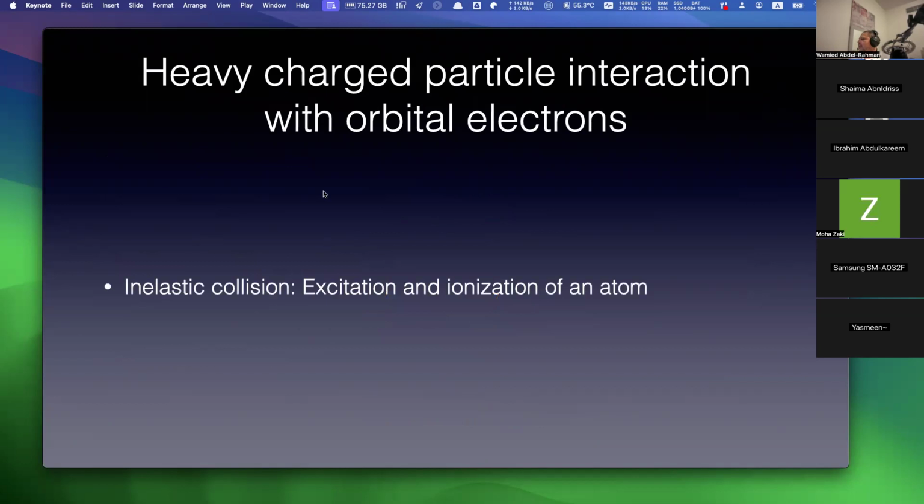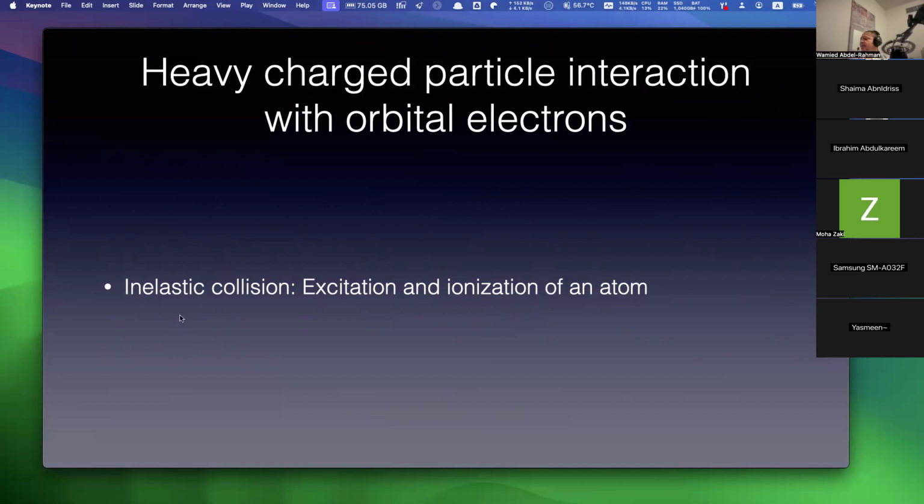Heavy charged particle interactions with orbital electrons. So remember we said that they interact with the nucleus or with the orbital electrons. With the orbital electrons, we don't have nuclear reactions between a heavy charged particle and an electron. We don't have elastic scattering, or that's negligible elastic scattering between a heavy charged particle and an orbital electron, but